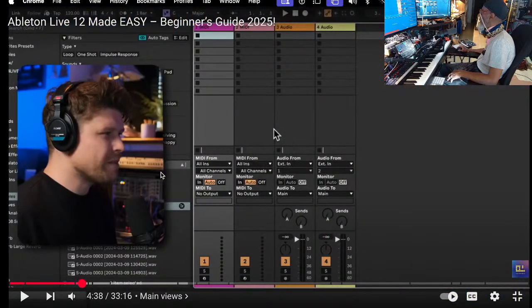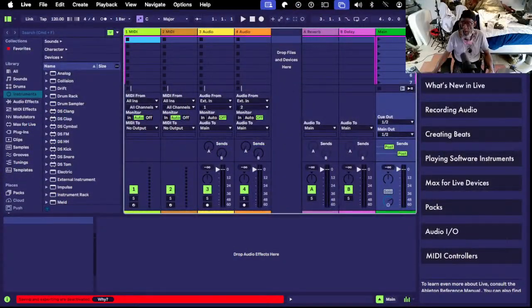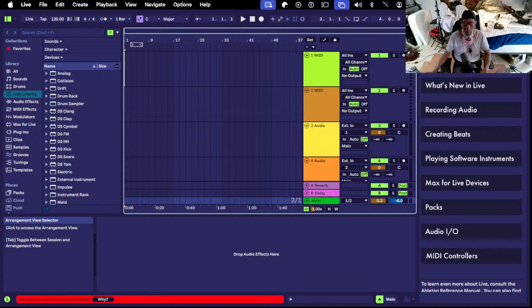So we can imagine... Okay, let me look at this. Okay, this makes a lot more sense. This looks like a regular timeline to me. Yeah, this looks like a regular timeline here. Let me see here. It's like a timeline. But this one almost kind of reminds me of a Native Instruments Maschine. Almost, but